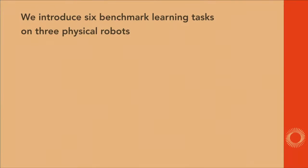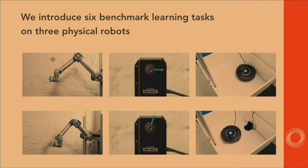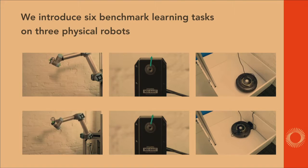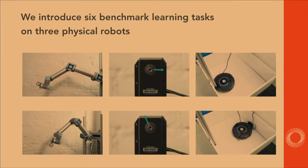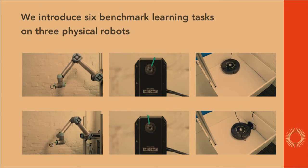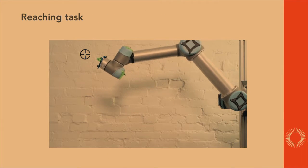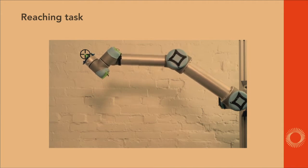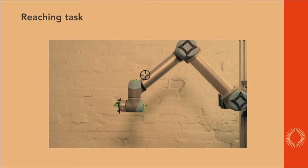To address this challenge, we introduced 6 benchmark learning tasks with 3 physical robots. And here we're looking at model-free learning directly with physical robots, starting from randomly initialized policies. These tasks range from reaching arbitrary targets by controlling the joints of an industrial arm on a moment-by-moment basis, to tracking,